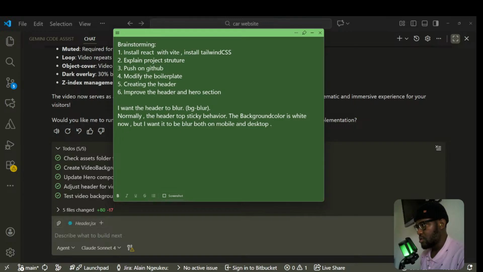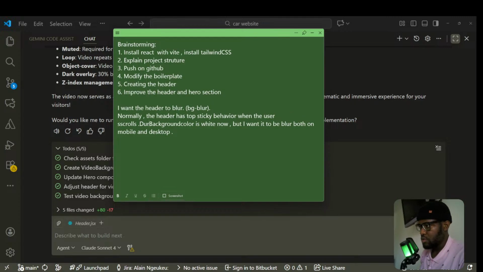Normally the browser has this top sticky behavior when we scroll. I need to be precise about when we scroll down. So when the user scrolls down, the user scrolls. During that moment, during the scrolling,